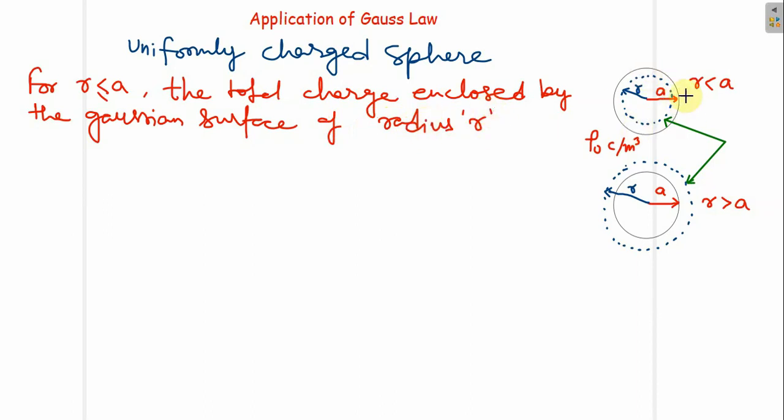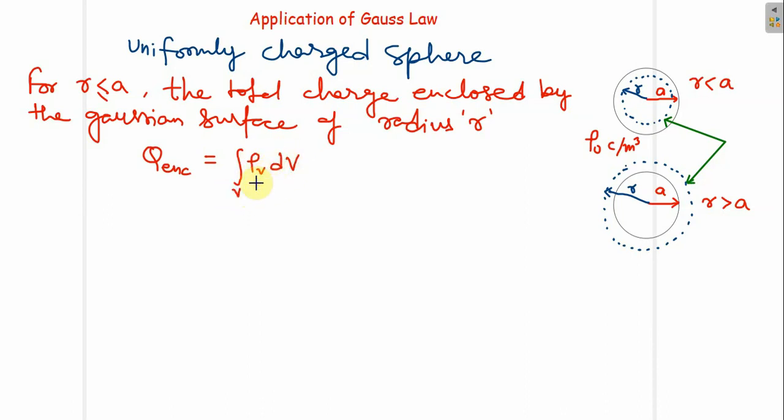Since we have assumed this Gaussian surface with radius r, how much will the total charge enclosed by the Gaussian surface be in this first case? So we know the Gauss law, charge enclosed, Q enc, equals